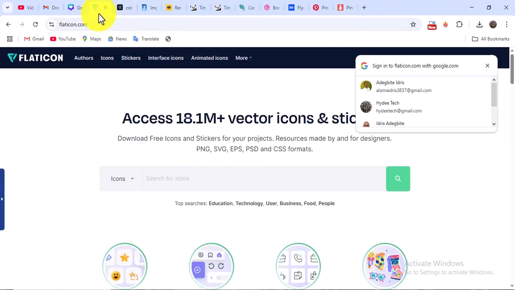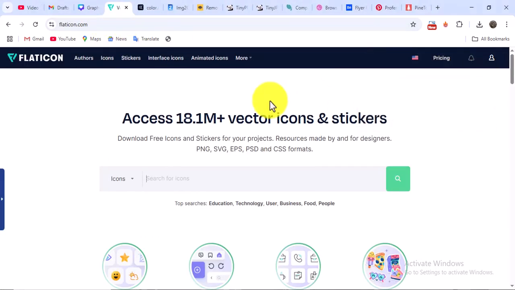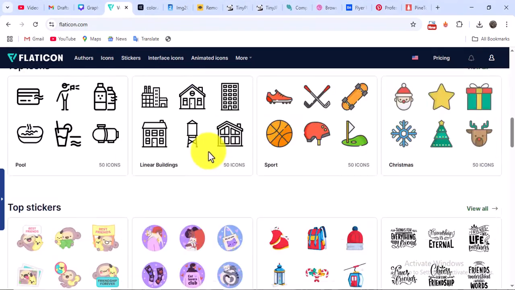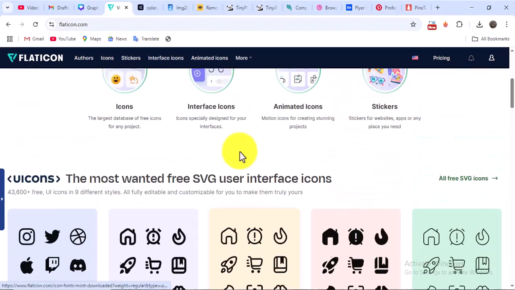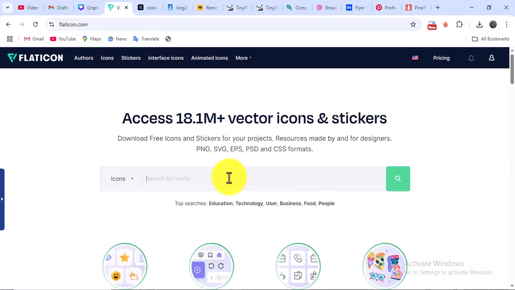Then this is Flaticon. Flaticon is a site where you can download icons, just from the name. For example, let's say you are creating a contact section on your flyer or on your design. You can come here and download a phone icon. If I type phone here and just press enter,